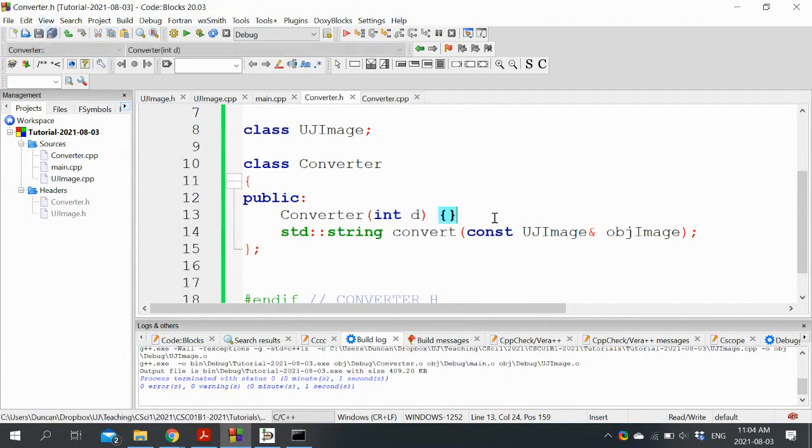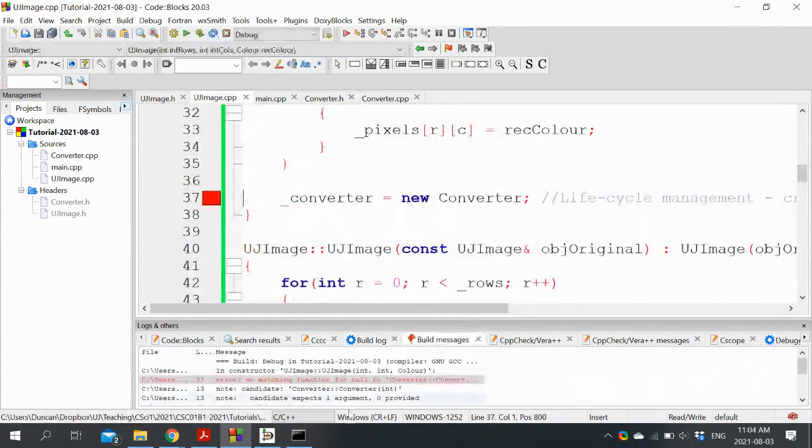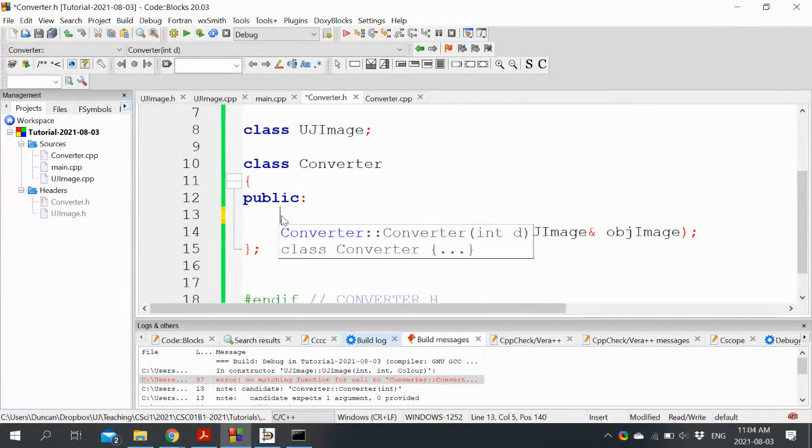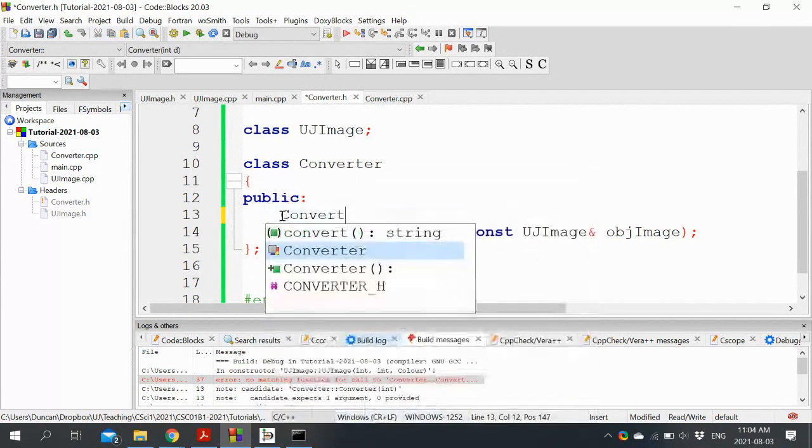So now this won't compile. I haven't actually taken away any functionality. Technically, I've just added functionality, but we were relying on the free constructor to be added to the converter, which now won't happen because we've got another one. So this will all fall over. And it says, I can't create a converter. There's no constructor for it. So a rule of thumb, to be perfectly honest, even if you don't need it, let's just do it.